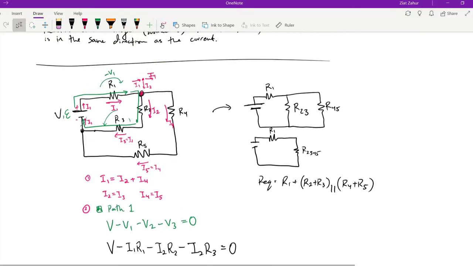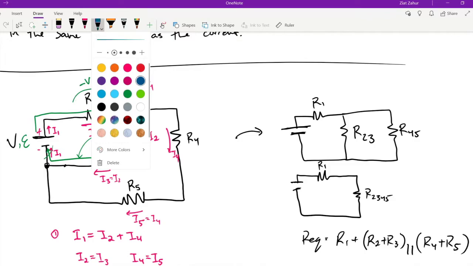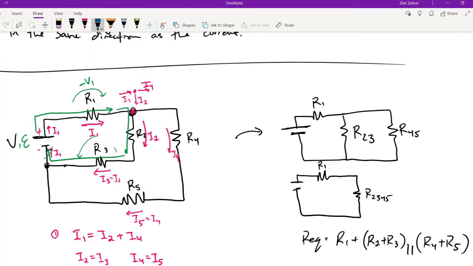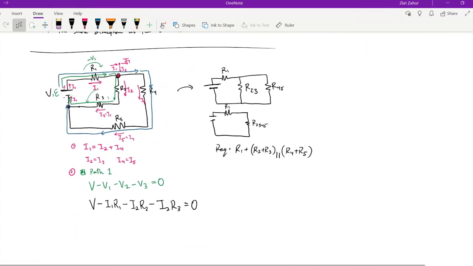Our next one, let's go and draw another pathway. I'll use blue. This next pathway, start with the battery through R1. Notice how both pathways have to take R1. There's no other path. But at this fork, we're going to continue moving forward to the right instead of going downwards. We'll go through R4 and then 5, and now we're at our destination, the bottom side of the battery. This is path 2.